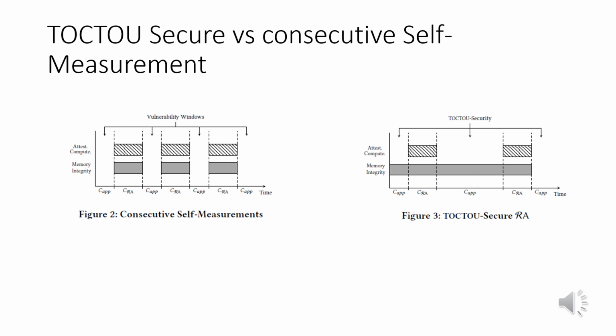To shorten the duration, the CPU would have to invoke the RA function many times within a given CPU cycle to leave no gap for transient malware. This would mean that a large fraction of CPU cycles would be spent on RA computation. Therefore, detection of transient malware using self-measurement is not only inconvenient but also highly impractical.